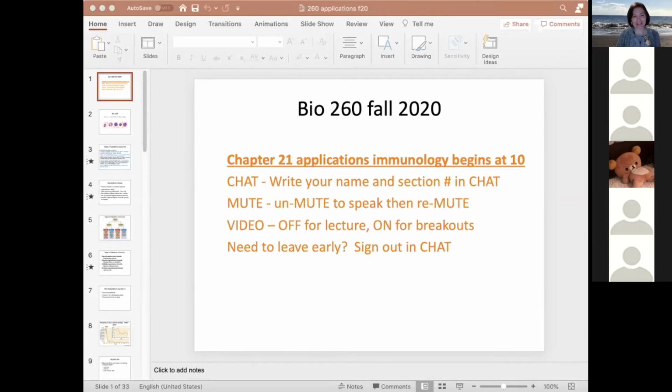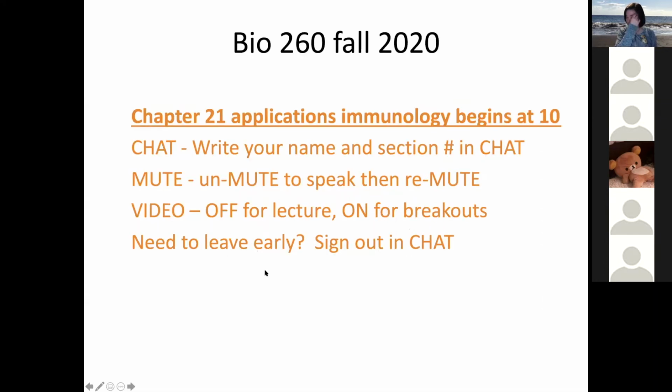So what we're going to do today is talk about applications of immunology. There's tons of them that we won't have time to get to, so we're just going to touch on a few of them. How understanding how our adaptive immune system works has helped us, not just in understanding how our bodies fight off disease, but in creating better medicines for all kinds of things, and even in understanding things that aren't immune related using the tools of immunology. So that'll be the first half, and then the second half we're going to do a review